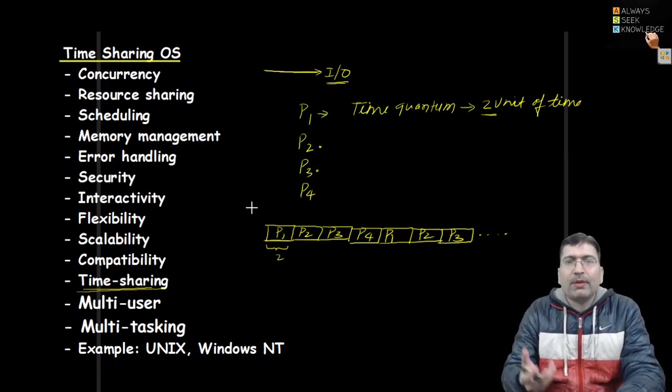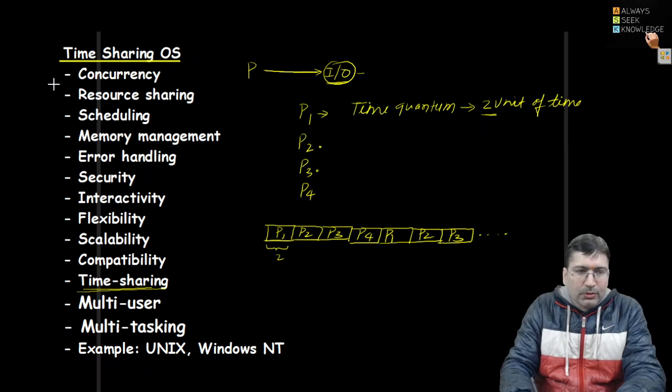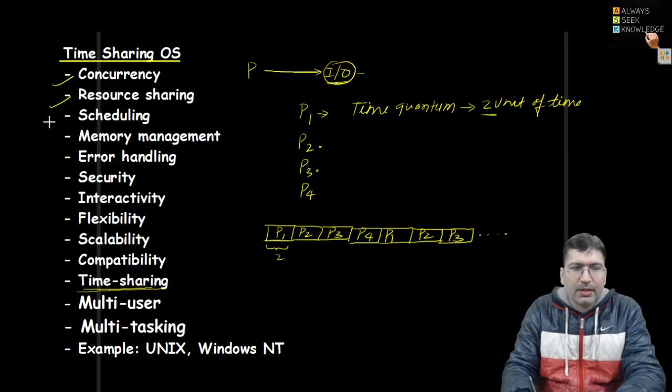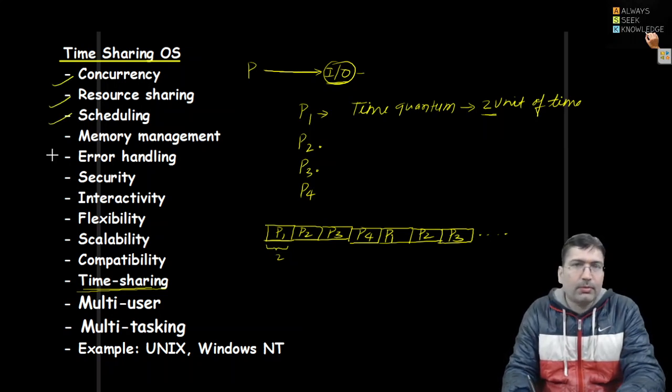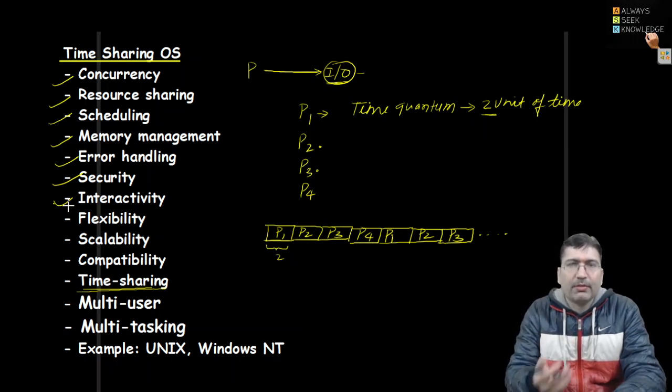Okay, it is more flexible than the previous system. In the previous system, when one process P is executing, until and unless it goes for IO, no other process can get the CPU control, right? So concurrency is there, resource sharing is there, scheduling required because more than one process is there, memory management required because more than one process is getting loaded inside the memory, error handling necessarily required, security is required, interactivity is there. So in real time, user can interact with the system when the processes are running, flexibility